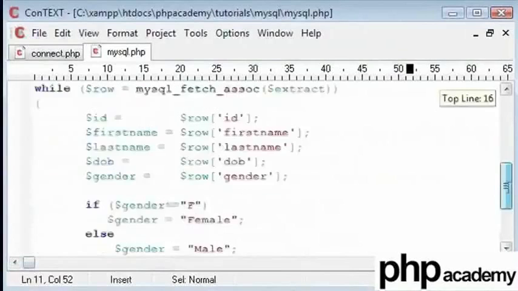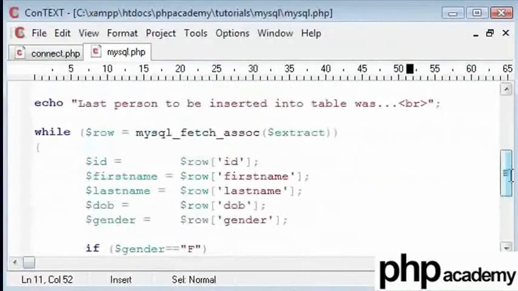In the next part, we will allow a user to specify which data they want to show. We will create some HTML forms to enable them to do this. This will let them select a name from the database or table of their choice. So join me in the next part.